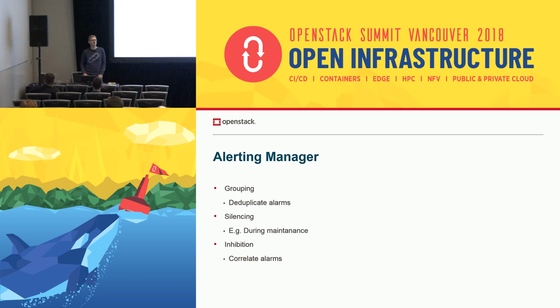And the last one is if you have alarms which are caused by one root cause alarm and subsequent alarms, you just want to have this one root cause alarm and inhibit the rest of them. So the alerting manager would address these issues. It is almost ready. Hope it can be merged in Rocky.